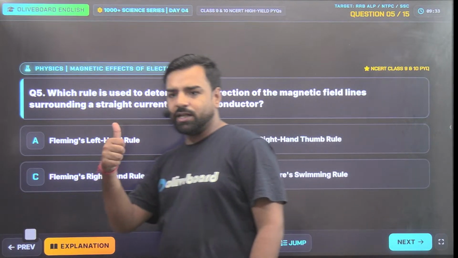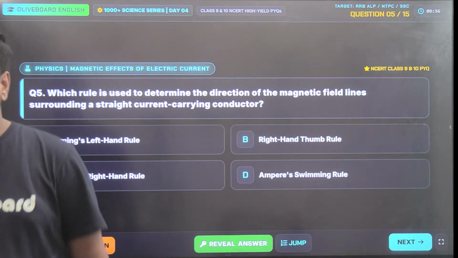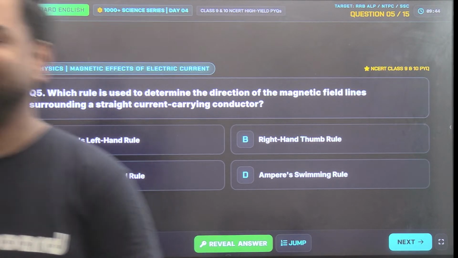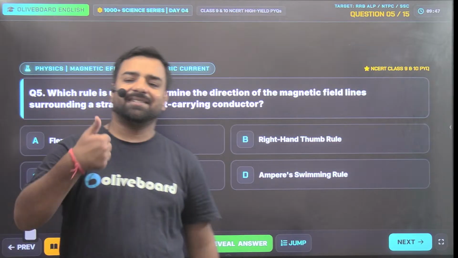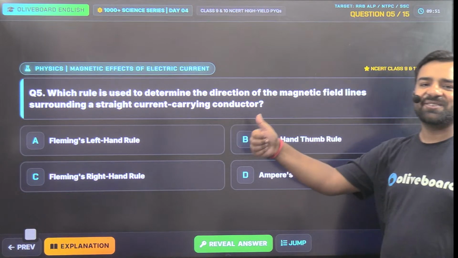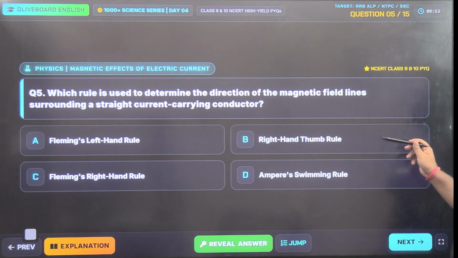So I have already given you the hint. Ankita and others? It's not right hand rule. Sorry, I have already shown you the image. All the other candidates you can also try here. Ankita, here the correct answer will be the right hand thumb rule. So that's why I was showing this particular image. Okay. So here